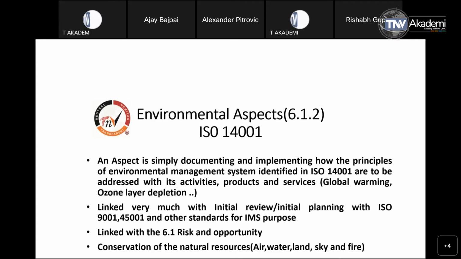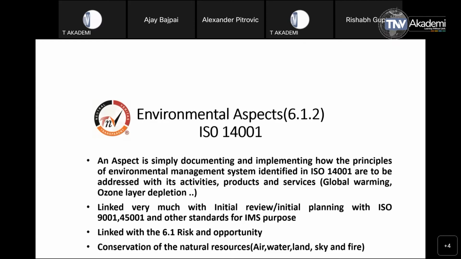So if we are going to understand the concepts, then further working will be simplified. For example, washing of the car. Okay, we are wasting the water in a way when we look at the aspect identification plan. Water is getting polluted. So car washing activity can be an aspect and impact will be wastage of water, pollution of water, and finally the land contamination, because this water waste sometimes is mixed with other chemicals for washing, soaps,